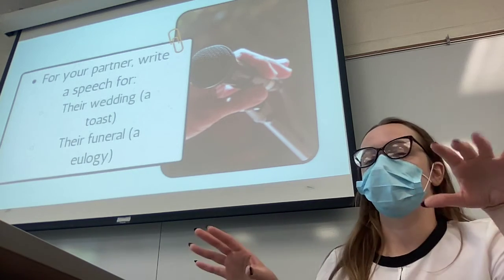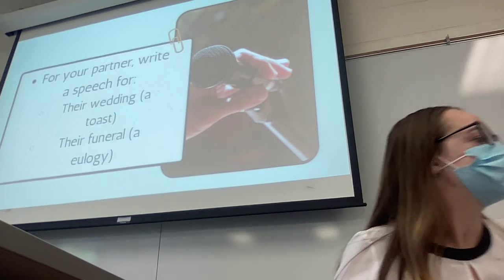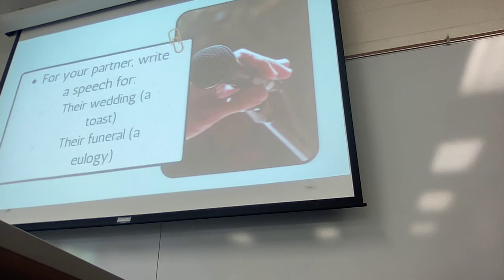If you guys just split into partners, I'm going to give you 10 minutes, so we'll do 5 minutes each. Decide whether you're going to write a toast or a eulogy. You're going to ask your partner a couple of things that you need to know for that speech, write a quick speech, and then switch. So if you're writing a toast for Joe, Jack, you'll start by asking him some questions that you need. Write a quick speech. You're not reading these out loud, don't worry.